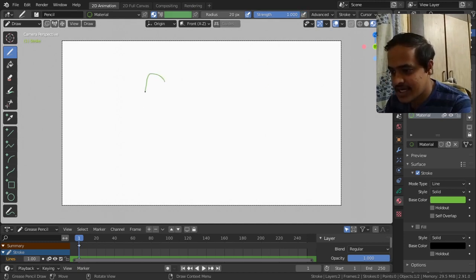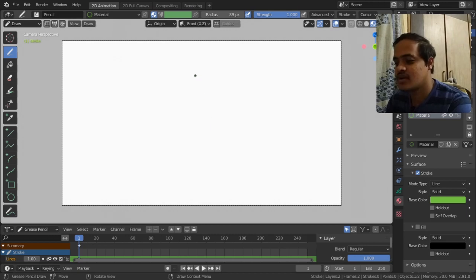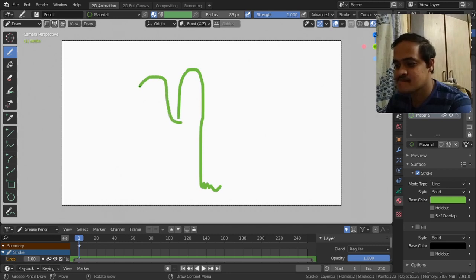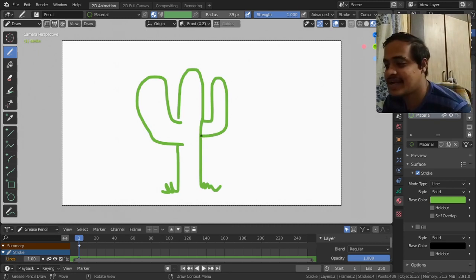And now if I click and drag, I want the brush to be big, so I am tapping F to make the brush bigger. Now if I click and drag, I can make a cactus. But the problem with the mouse is that it's very difficult to get the proportions and lines. But still I have got one thing up my sleeve, and that is